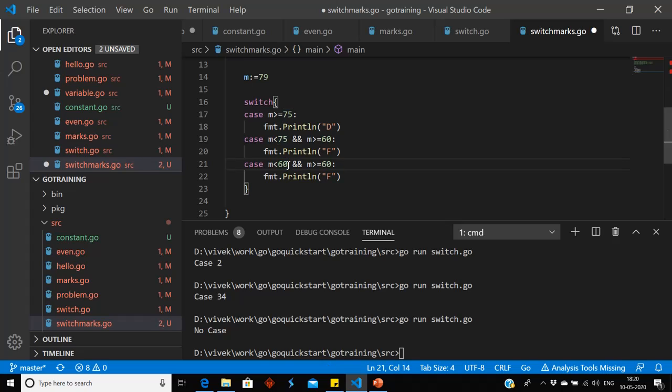If m is less than 60 and greater than or equal to 45, we can print S. What is the fourth logic? If m is less than 45 and greater than or equal to 33, we can print T. Default, we can print FA.